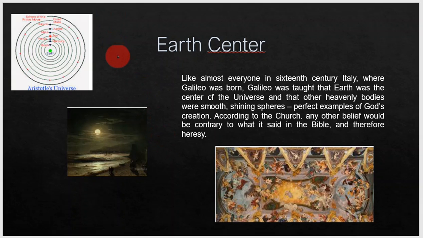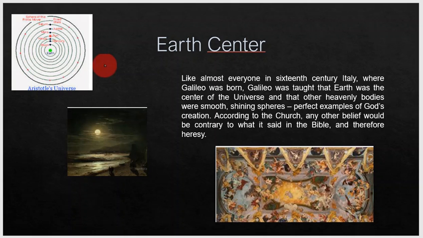Again, this idea that was held in place was that the earth was the center point, and then everything revolved around the center point. This belief was held in place at the time, and it supported the idea that humans were made in the image of God, that they were divine creatures, and that we were the center point of everything.